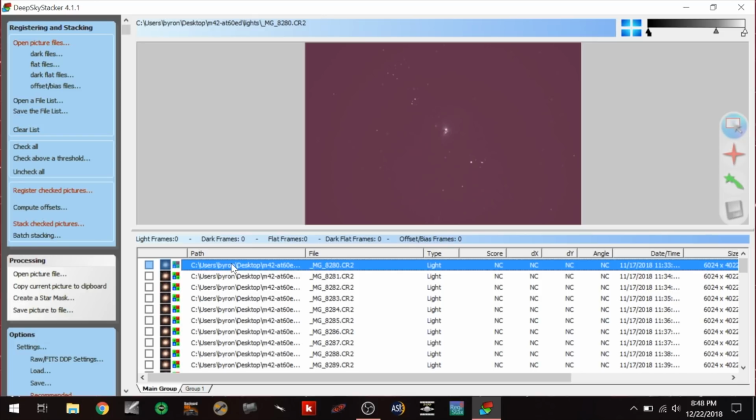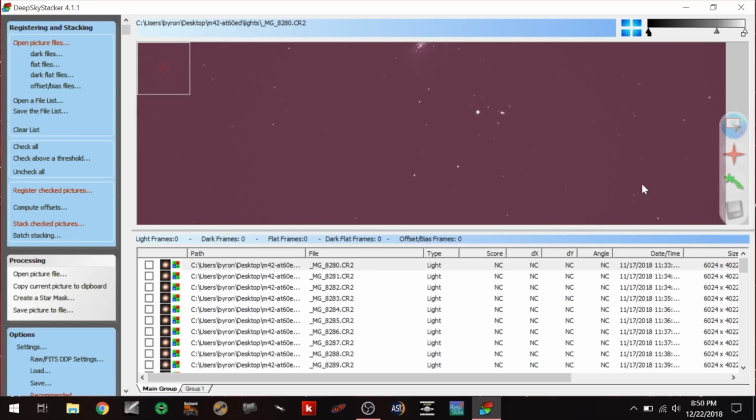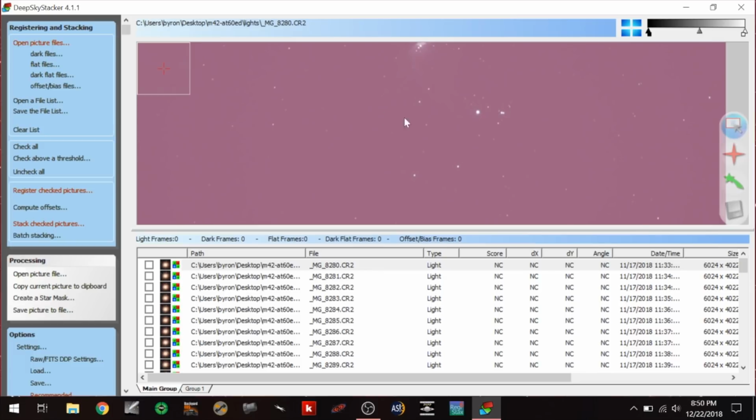Okay, what I can do here in DeepSkyStacker is click on one. I'm just going to click on the first one, and it gives me a nice little preview here of the file. We're not seeing much other than the really bright stars here. If we zoom in, we can see that there are dimmer stars as well. But if I wanted to brighten this picture up a bit, this is just for preview purposes. I can go up here to the upper right and drag this middle slider in a bit to the left. And it brightens up the picture some, and I can see some of the dimmer stars now, which is helpful for evaluating focus